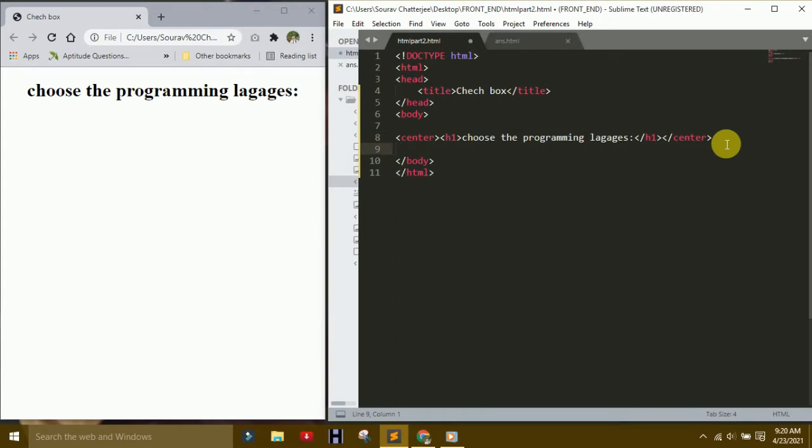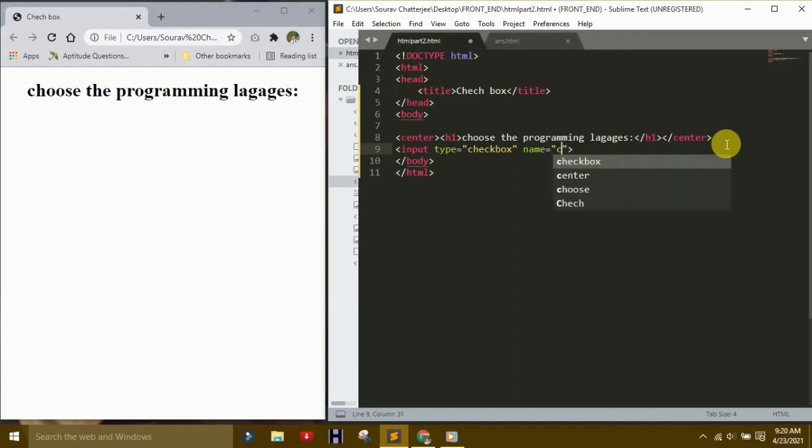So you can use unordered list, ordered list, or list item, but I use checkbox here for understanding. So making a checkbox, making input, type checkbox. It is a checkbox.